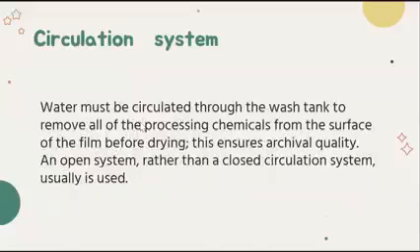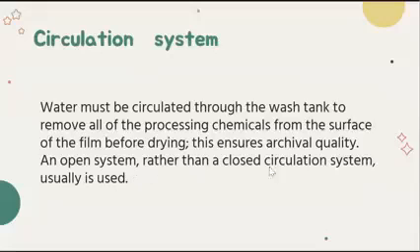And then water must be circulated, okay? It must be circulated but not recirculated, through the wash tank to remove all of the processing chemicals from the surface of the film before drying. So we all know that the washing stage in your automatic processing removes all the processing chemicals, specifically developer and fixer, before drying. This ensures archival quality, okay, because